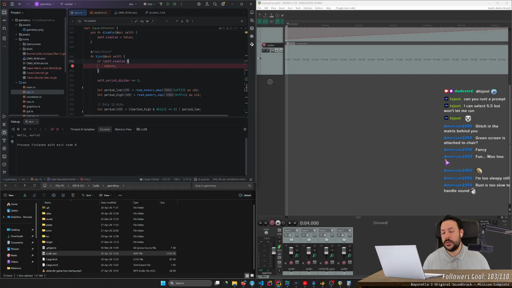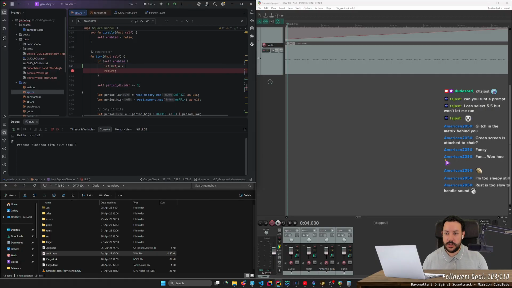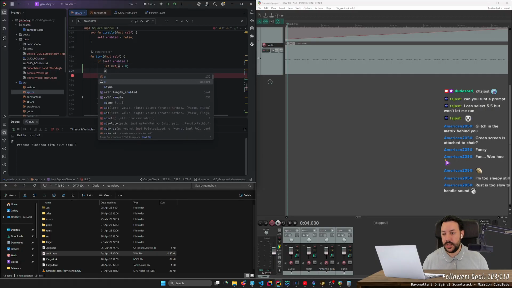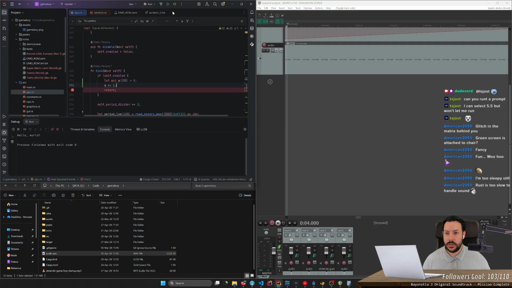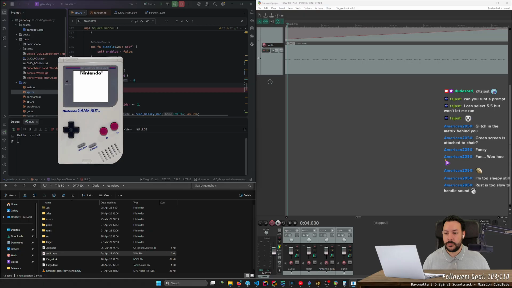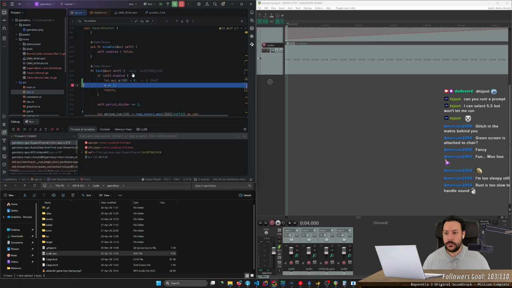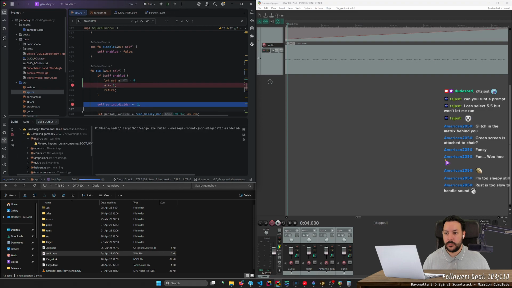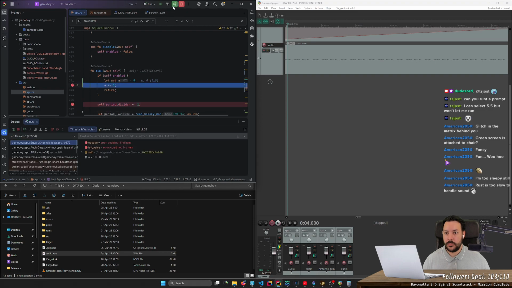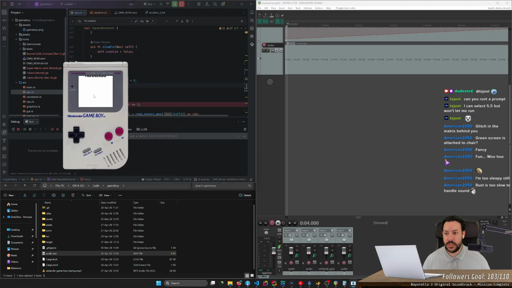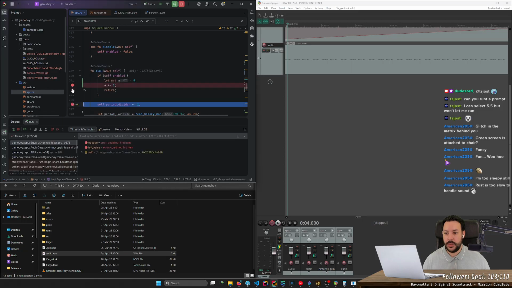Okay, hold on. Let a equals 0, a plus equals 1. Okay, so this only actually stops at that breakpoint there.